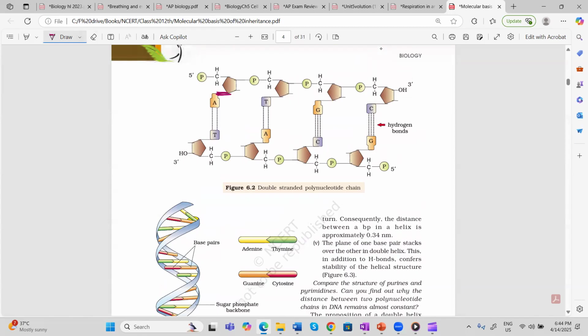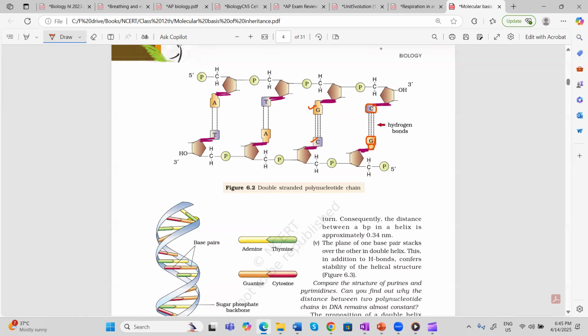You know very well this is glycosidic. I'm doing glycosidic work. Clear? These are all glycosidic, nitrogenous bases with glycosidic. And you know purine is 2 ring. Pyrimidine is 1 ring. Please, diagram-based questions of NCERT, for your board, for your competitive exams, please learn properly. Purine is 2 ring. You can see 1 ring and this is the second ring. Pyrimidine is always 1 ring. Opposite of purine, pyrimidine is coming. If here is purine, this side is pyrimidine. Two ring never pairs with two ring. One ring never pairs with one ring.